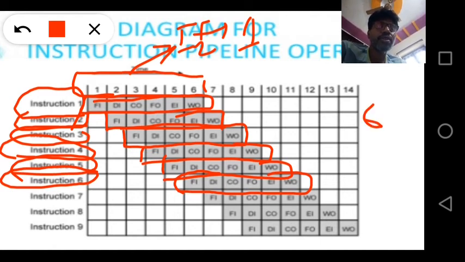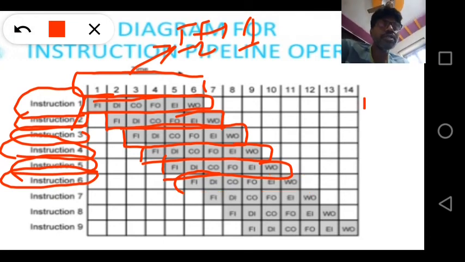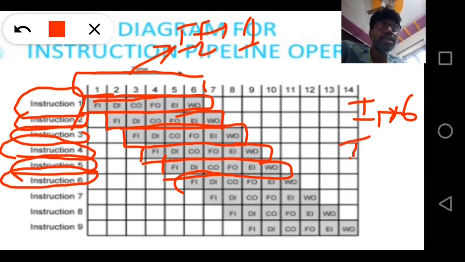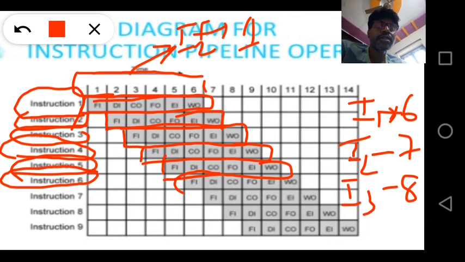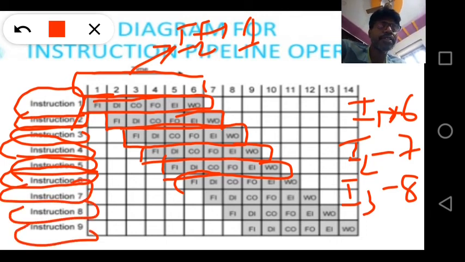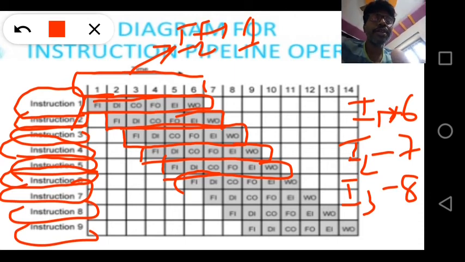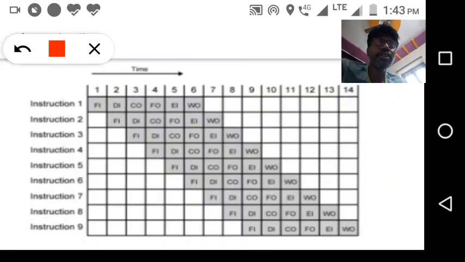See, for completing the execution of the first instruction, it takes 6 time frames, 6 nanoseconds, but the second instruction will complete readily at 7, the third one completes at 8, like that. 7, 8, 9, it will complete in 14. So what is happening here, if you observe carefully,